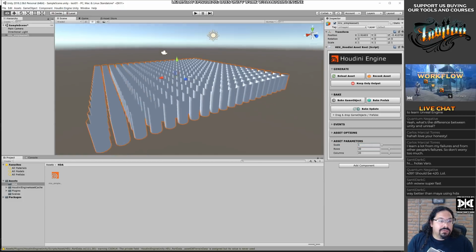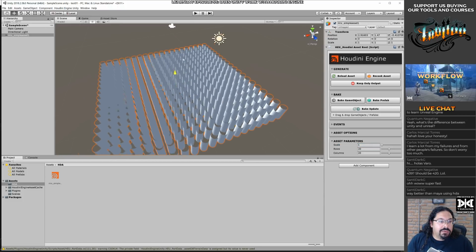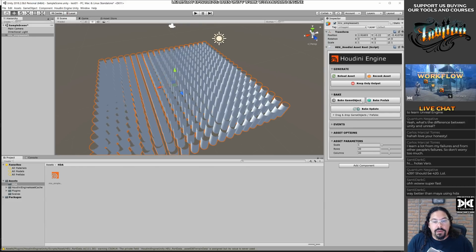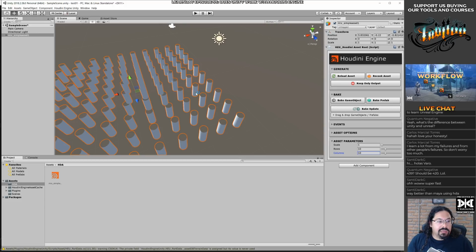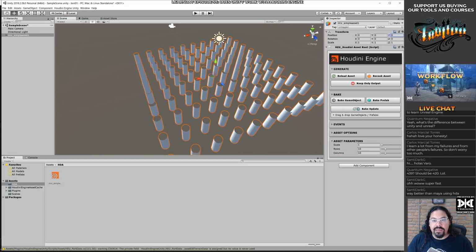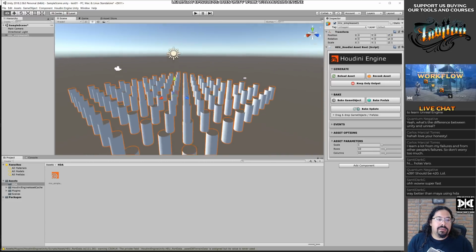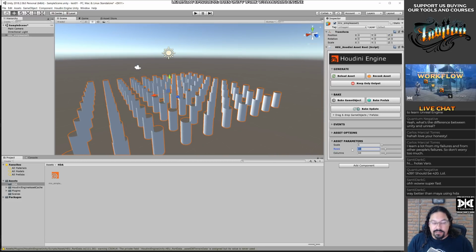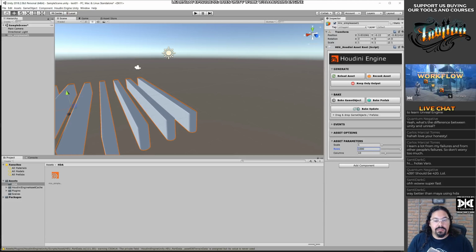Yeah, it's working really fast in Unity. I don't really know why. I do know that they're working on the implementation for Unreal to make it faster. Yeah, this thing is fast. Let's put 1,000 here. It does it like 200.